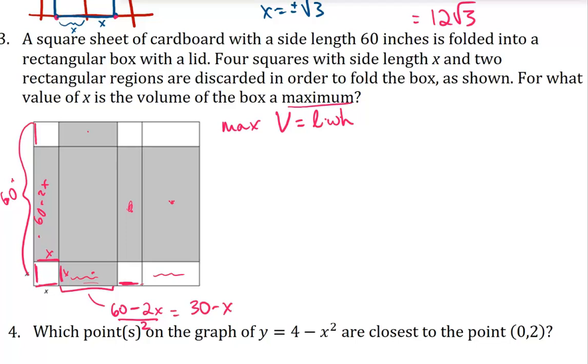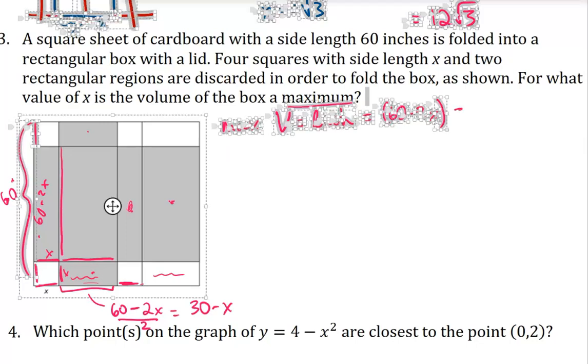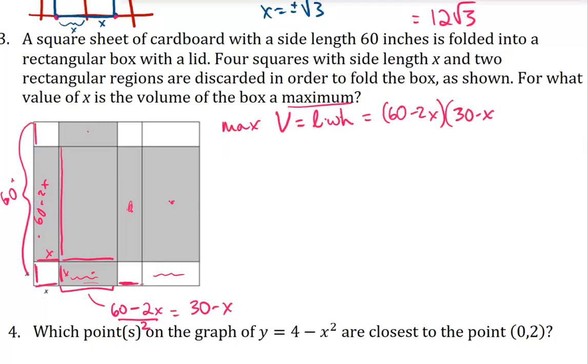So we have our 3 dimensions. The base length of the box is 60 minus 2x. The base width of the box is 30 minus x. And the height of the box is going to be x. So we now have everything in terms of a single variable. I'm going to go ahead and distribute so that I don't have to use the product rule. And so that's going to give us